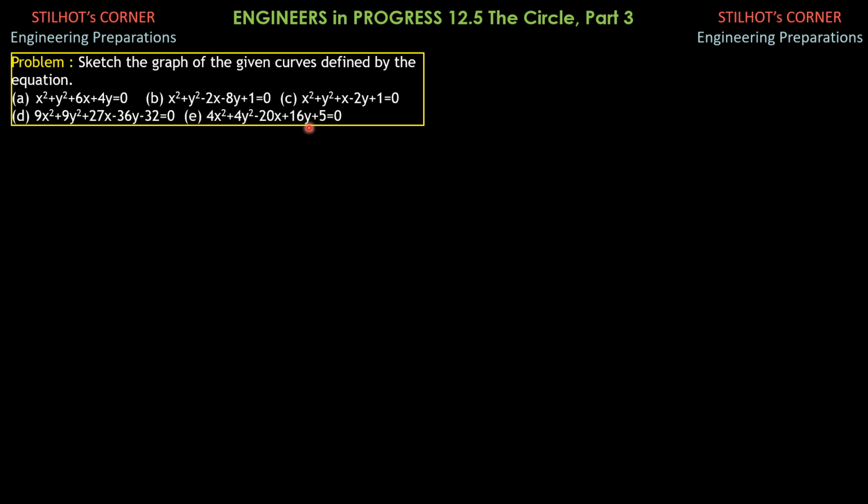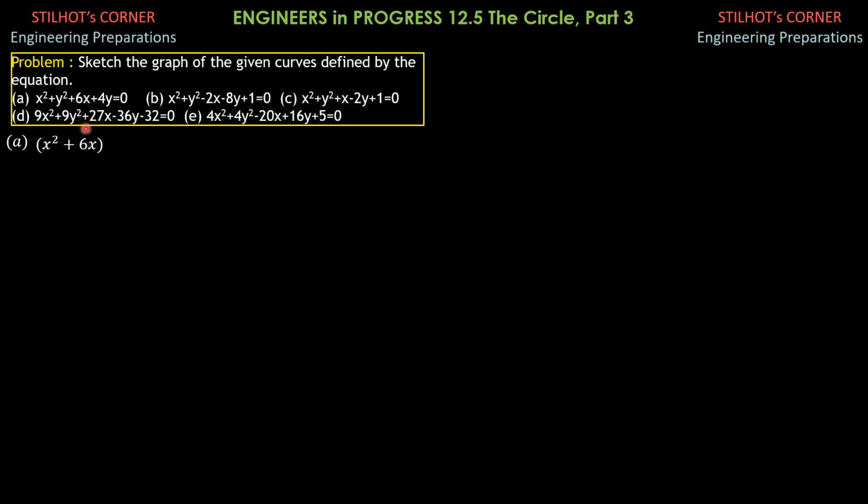Part A will be your part. I'll give you the graph and you have to verify that the graph is correct, and that the center and radius are correctly defined. So for the first one, the shortcut here is this qualifies as a circle because the coefficients of the second degree terms are equal to 1. And the shortcut for the center is negative 1/2 of the coefficient of x, so negative 1/2 of 6, negative 3, and negative 1/2 of 4, negative 2. So the center is at negative 3, negative 2.